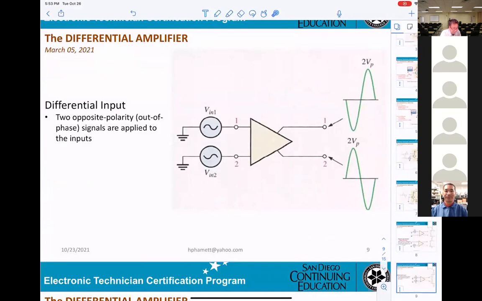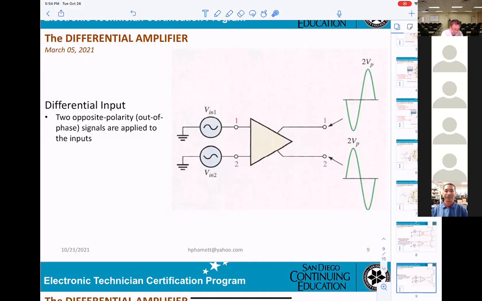Okay, now the differential input, what does that mean? That means in this case, they apply both inputs, one to input 1, one to input 2. However,